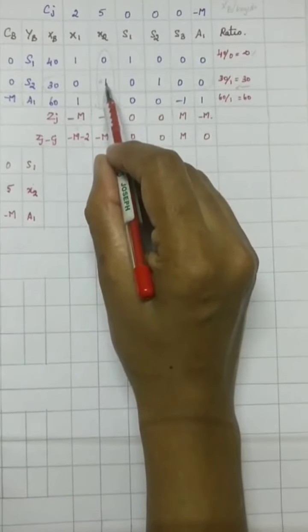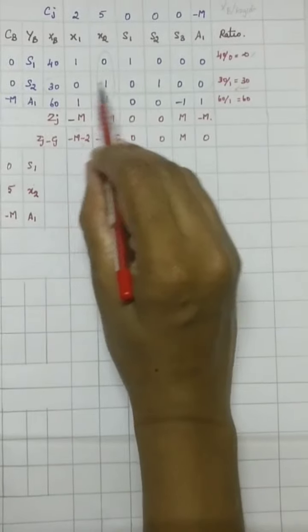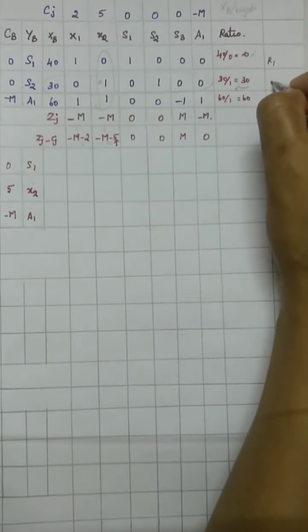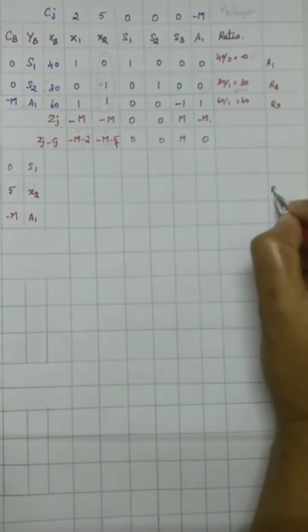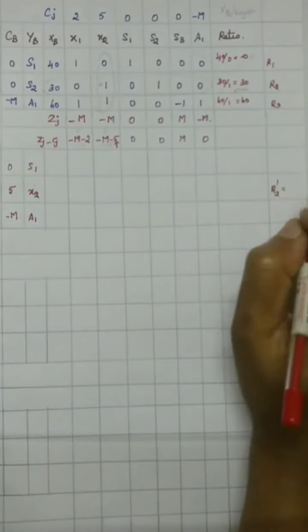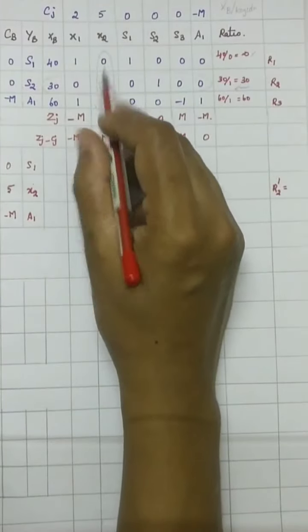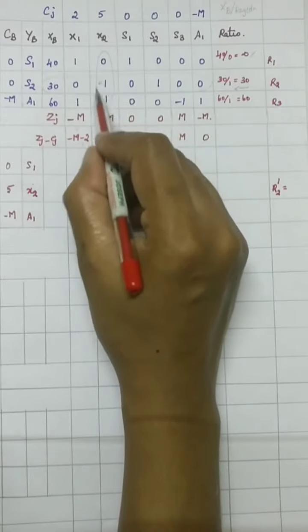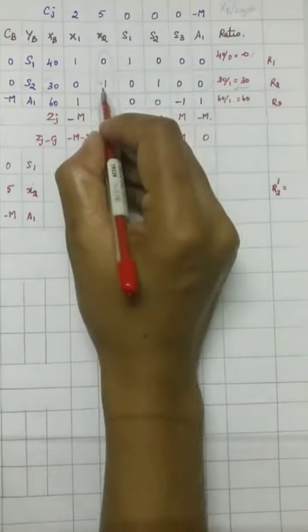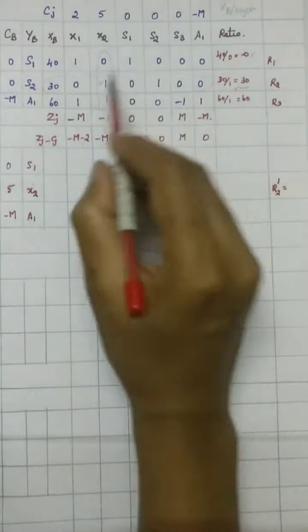The next thing is to fill this one. The first step in changing to the next table is to see which row the intersection point lies in. These are R1, R2, R3, so it lies in R2. Your first step is to change R2 to R2 dash. Here you change the intersection element to 1 and the other two elements to 0. Here this element is already 1, so no problem. Here we have 4, so simply R2 divided by 4; 5 means R2 divided by 5; 1 means R2 divided by 1. So the same thing holds.